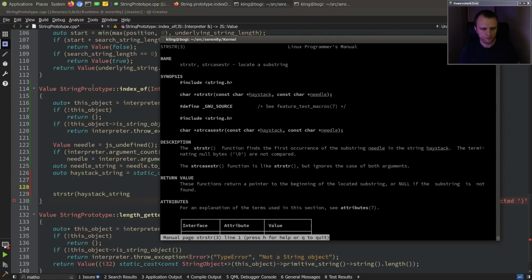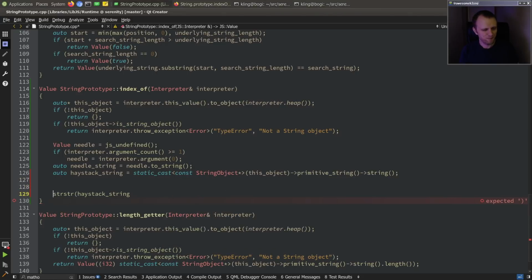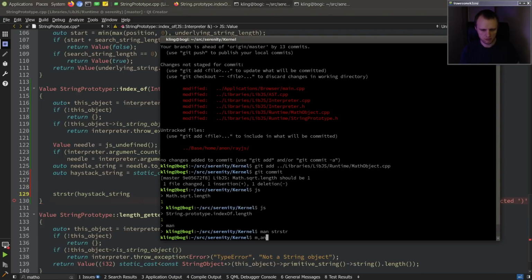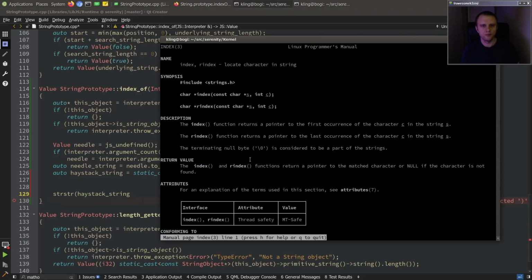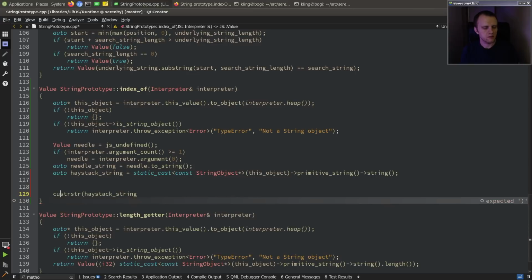Man, stir. Because I kind of don't want to edit the ACK headers because I don't want to rebuild everything. Wait, what's that? Index. Locate a character in a string. Well, that's not quite what I want. Okay, so